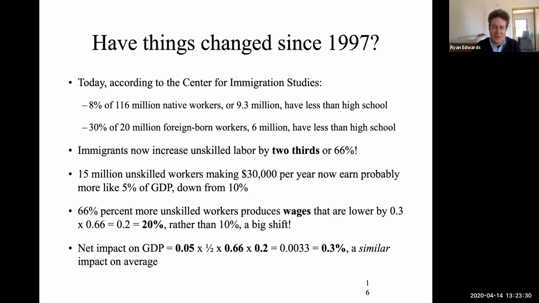And if you do the math, it turns out that you might see a 20% drop in the wages of native unskilled labor as a result of immigration. Net impact on GDP is about the same, 0.2% versus, rather, I'm sorry, an updated number of 0.3%. So a little bit larger, but a much larger amount of pain borne by native unskilled labor because they are